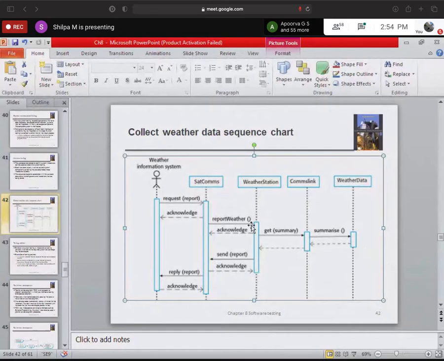See, if you are getting confused, checking only the summarize function is unit testing. If I want to check that summarize works with get summary, this function here, then I will use component testing, because this component here, the weather station, interacts with the comms link, which in turn interacts with this and gets. So that is component testing. System testing means the entire sequence of actions, starting from the first state till you get a reply. You are testing a system functionality there.